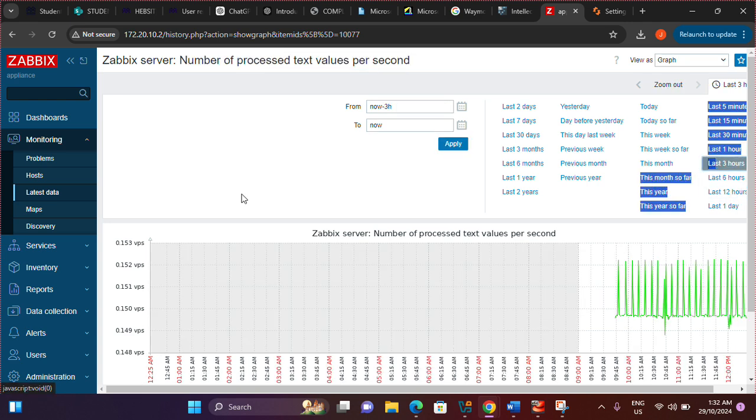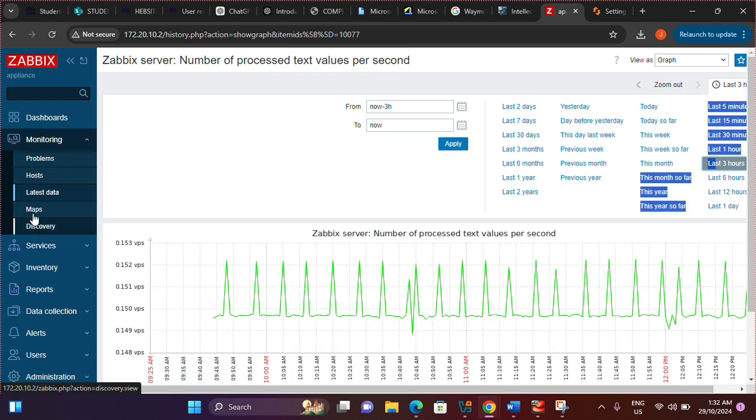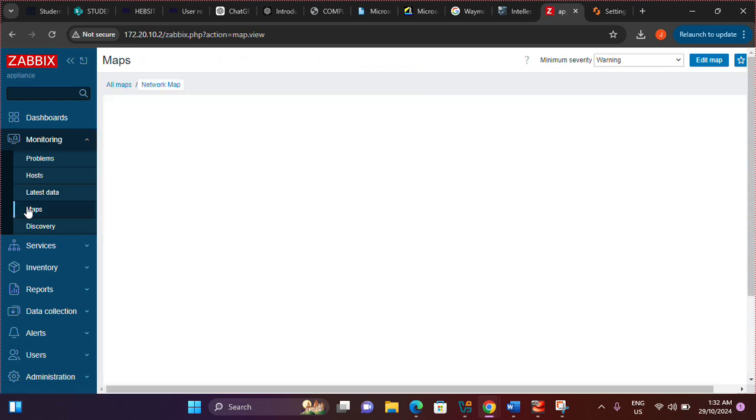In the next step, I am going to create a map. If we go on map,